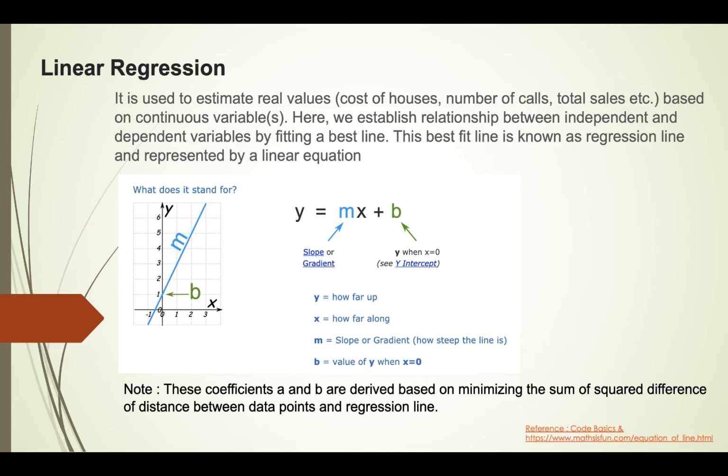What is linear regression? Linear regression is simply a linear method to model the relationship between your independent variable and your dependent variable. It's very simple. There are two things: one is independent and one is dependent variable. We are finding a relationship in between. This means that, let's say, if we have a scatter plot with some points on it, the objective for linear regression is to make a line that is able to be as close as possible to all the points.